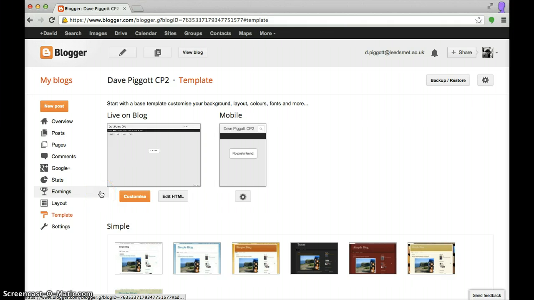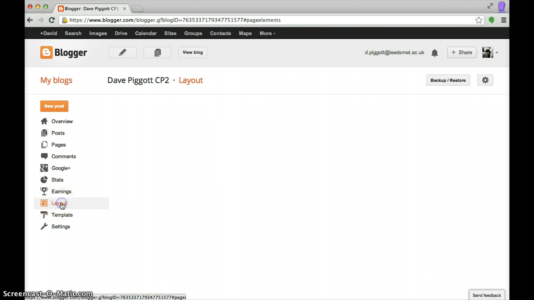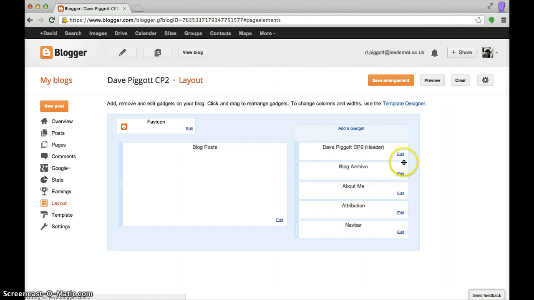So that's the templates. You can also customize and edit them if you want. Again, you can do as much as you like with that. It's not really going to affect your mark. The other thing is layout. So we can also change the layout of the blog. So here you can see that the main area is going to be the blog posts,